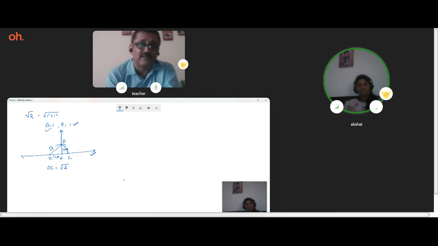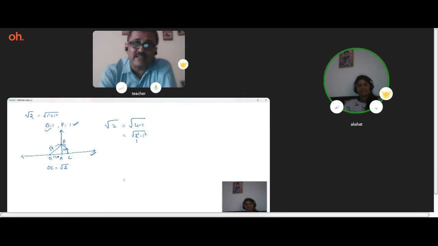Yeah. So let us see root 3. Root 3 you have written as 4 minus 1. This will be written as 2 square minus 1 square. So in the minus 1, this is h, and h equals 2. This is b, and b equals 1. Again we will draw a line and mark one point as O. Now draw first of all a 1 centimeter base. So OA is equal to 1 centimeter.